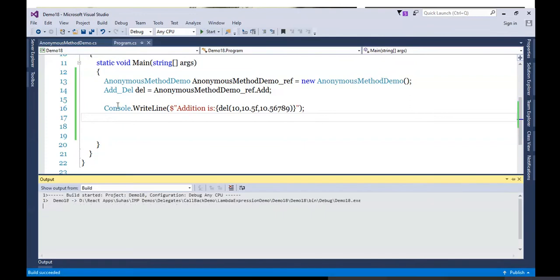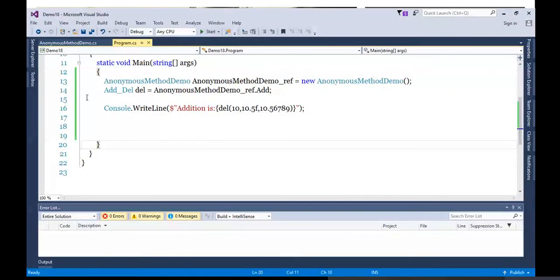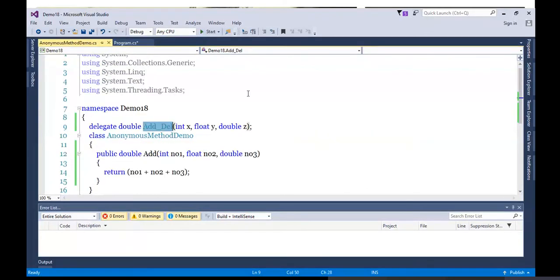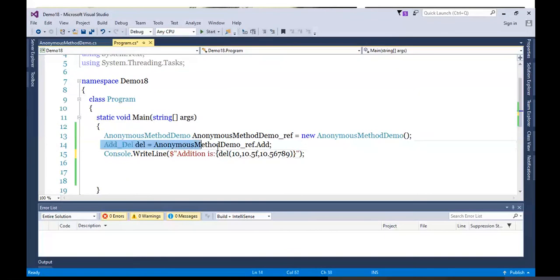Let's run. I'm getting the answer, no problem. So this is what we learned till this point. First, create the delegate. We created the delegate. Second step, instantiate the delegate. We instantiated the delegate. And last step, invoke the delegate, that is, invoke the method using the delegate. So we followed three steps.